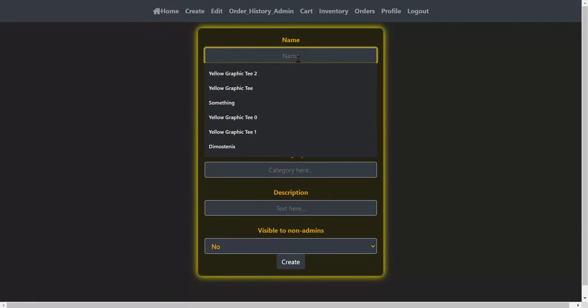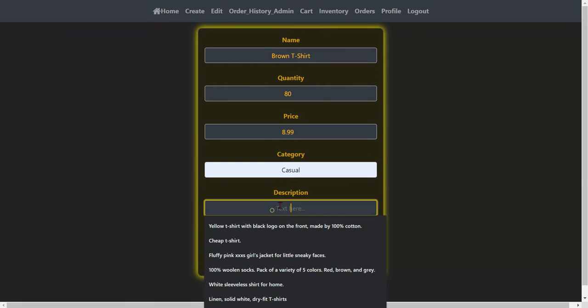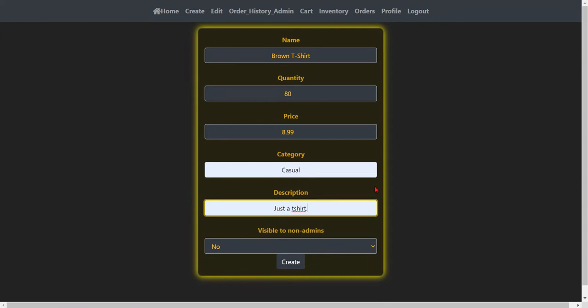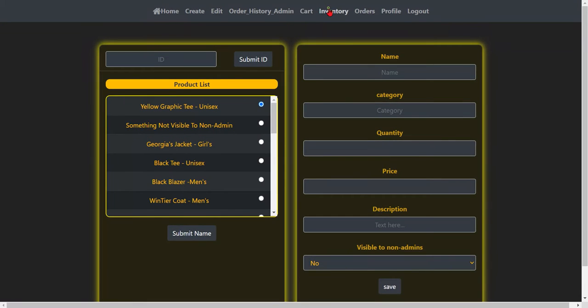Let's create a brown t-shirt. Let's create about 80 of them with $8.99 a piece. Again, category casual. Give it a description. Let's say just brown t-shirt, and we're gonna leave the visibility to non-admins to no. This has been created. So if we go to our inventory,